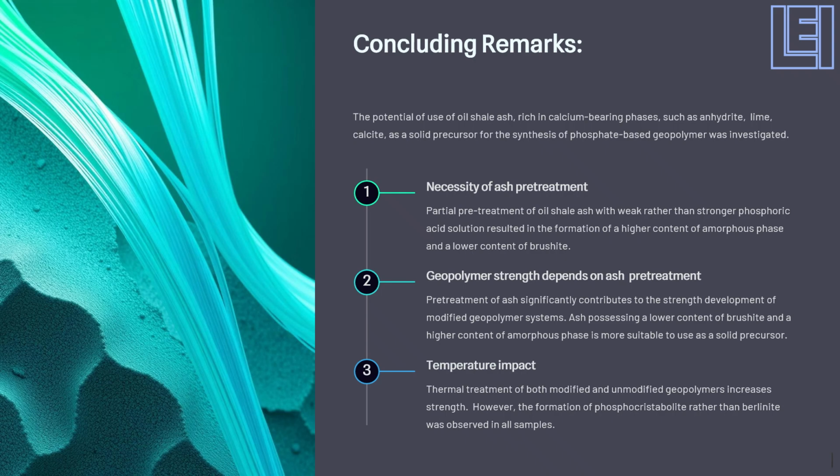Based on the obtained results, we can conclude that ash requires pretreatment before its application in acid-base geopolymers. Partial pretreatment with a weak rather than stronger phosphoric acid solution results in formation of a higher content of amorphous phase and lower content of brushite, making it more suitable for use as a solid precursor. Curing at higher temperatures contributes to strength development of modified and